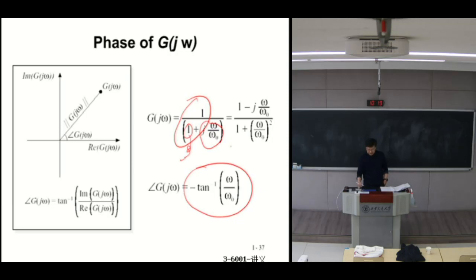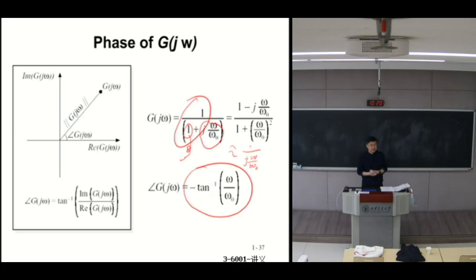So this high frequency would be simplified as 1 over j omega over omega 0. And that complex number has a phase angle of exactly